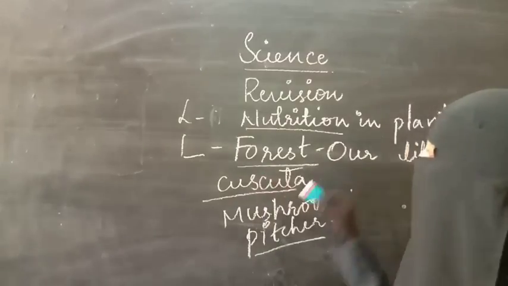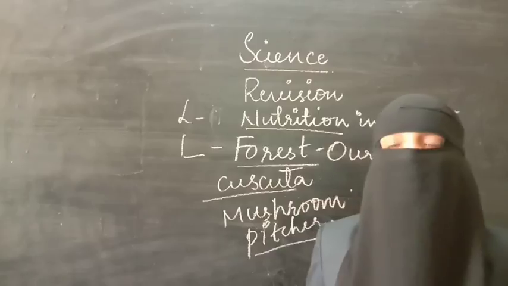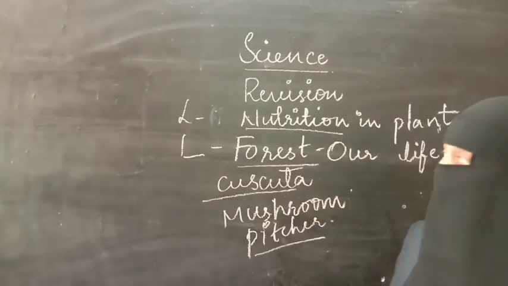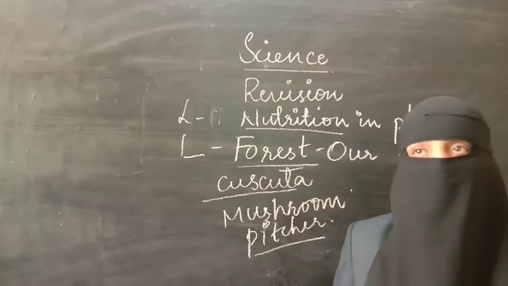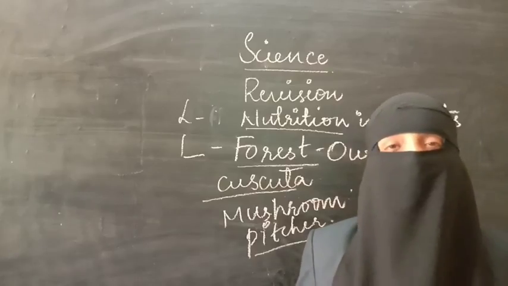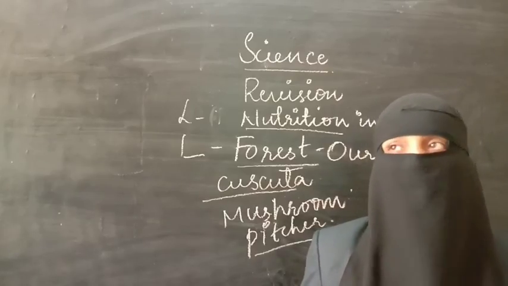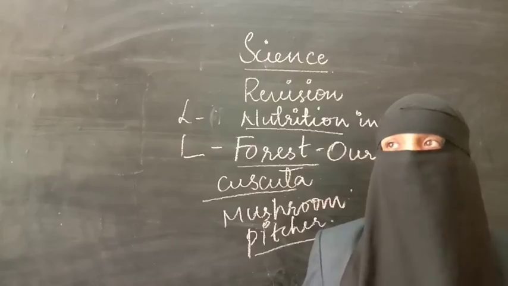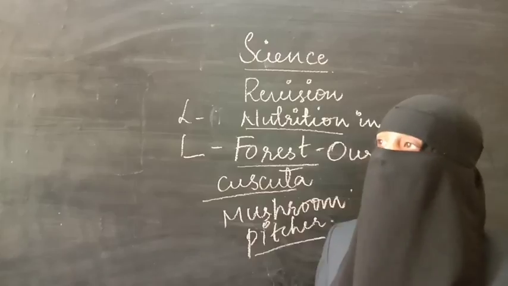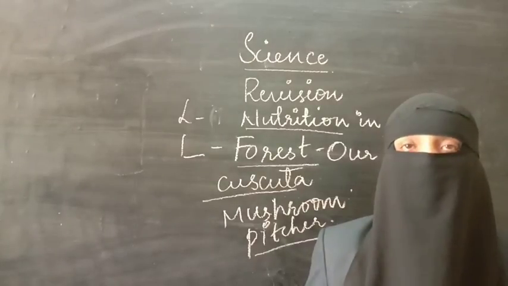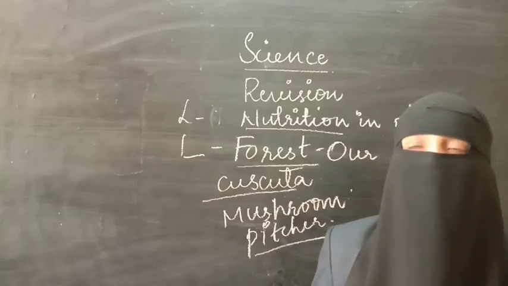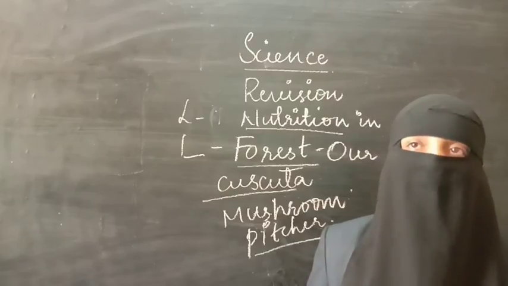Next, coming to the lesson Forests Are Our Life. Why is the forest our life? You have done the homework on uses of forest, and there is a difference between forest and orchard. We have learned how we depend on the forest: by obtaining fur and different forest products like honey, wax, flax seeds, or the meat of rabbit. It is also a habitat for human beings. All those things we have discussed in the lesson.